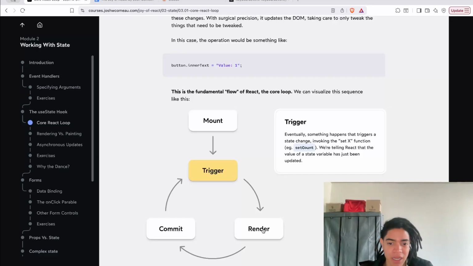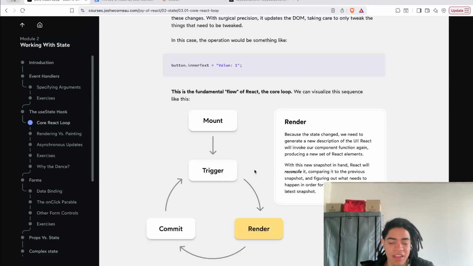So this trigger now is when React detects that change. Because of a state change, we need to generate a new description of the UI. React will invoke our component function again, producing a new set of React elements. With this new snapshot in hand, where a React element is a JSON object, React will reconcile it, comparing it to the previous snapshot and figuring out what needs to happen in order for the DOM to match